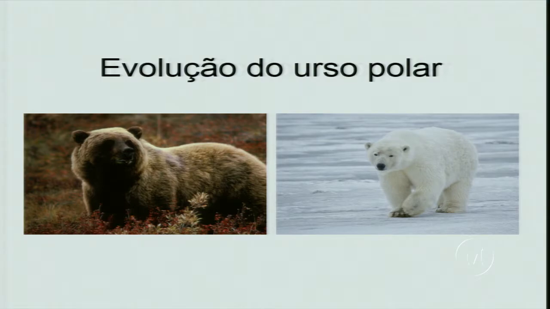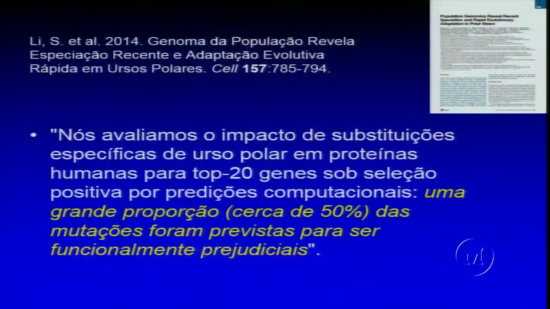Well, the researchers looked at the genes that were most highly selected in the polar bear, and it turns out that many of them were destroyed, or they had damaging changes. So about 50% of the changes in the genes that they identified were damaging ones. So new species can arise by Darwinian processes, but the random mutations destroy information. They destroy genes. So that can lead to a little bit of variation, but it's not creating anything.